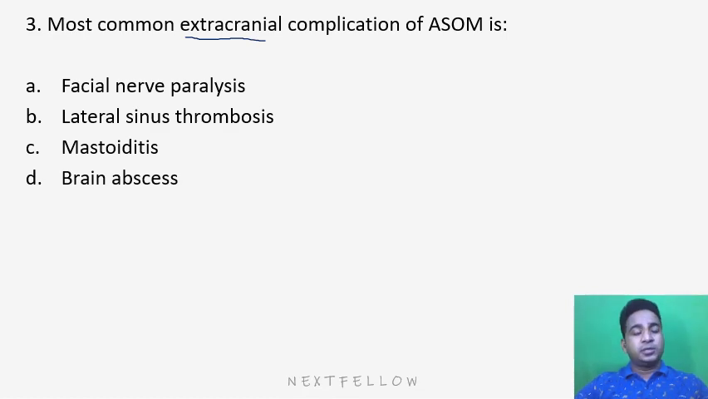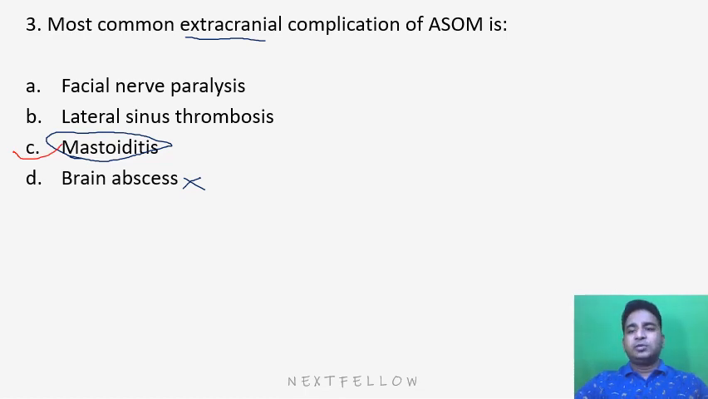Lateral sinus thrombosis, yes, it also does happen. Brain abscess: firstly, the brain abscess is an intracranial complication, so we directly rule this out. Then comes mastoiditis. We all know mastoiditis is the most common extracranial complication of ASOM, because inflammation of the mastoid bone is the first complication which happens in acute suppurative otitis media, and then later on there may be lateral sinus thrombosis or facial nerve paralysis. So the correct answer for this question is